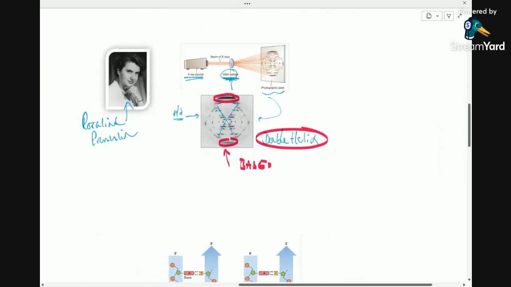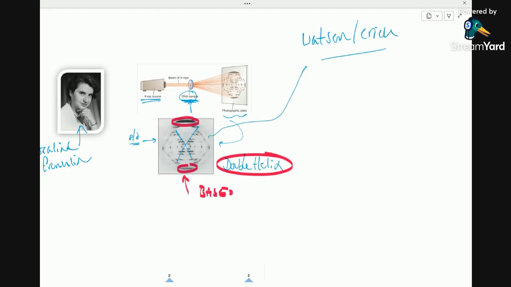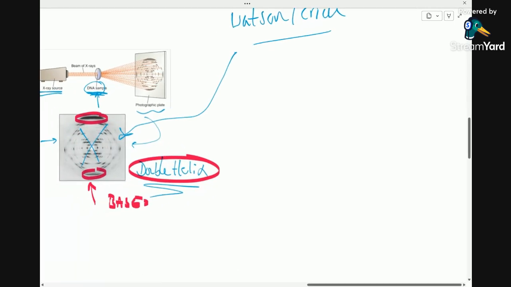But the story goes that Watson and Crick were also, of course, trying to solve the structure of DNA. So Watson and Crick kind of entered here, having already postulated a wrong model. They then got this data from Rosalind Franklin, had a look at it, saw that it was a double helix, and along with their cardboard model,